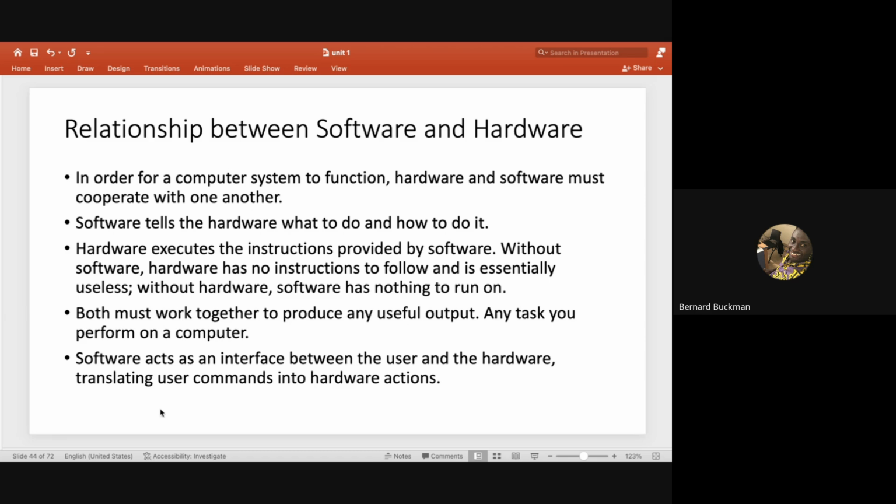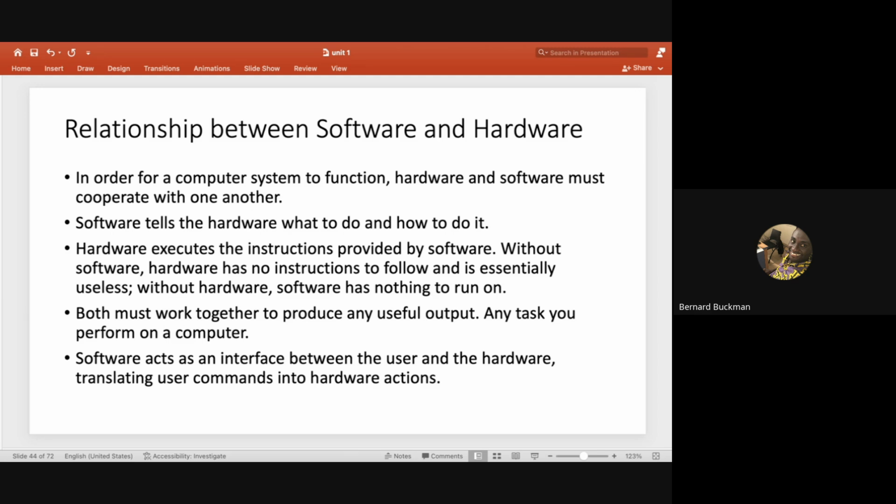Now we'll ask the question: what is the relationship between computer hardware and computer software? Okay, so the key relationship is that computer hardware needs computer software. Because if you just have the phone and there's no Android on the phone, you cannot use the phone. And if you just have the Android, but you don't have the hardware, which is the phone, you also cannot use the phone. So the hardware and the software are both important. But even if you have the hardware and you don't have the latest software, you cannot do the job you want to do.